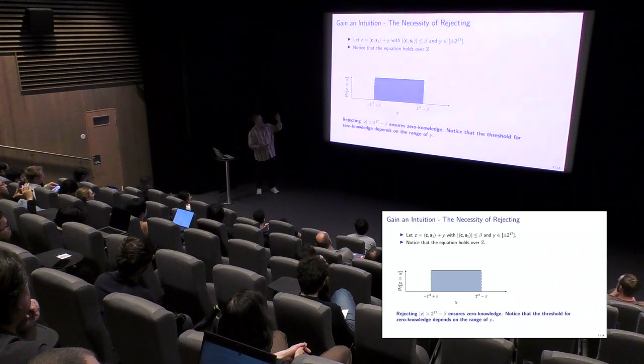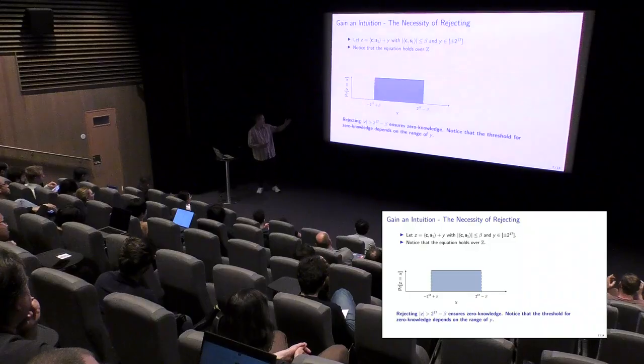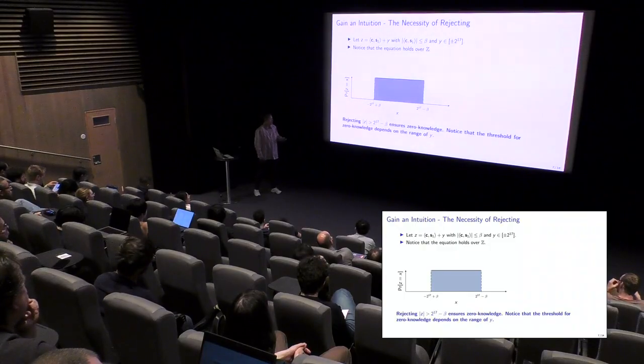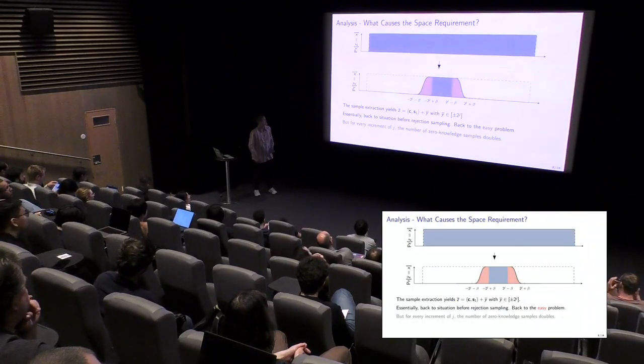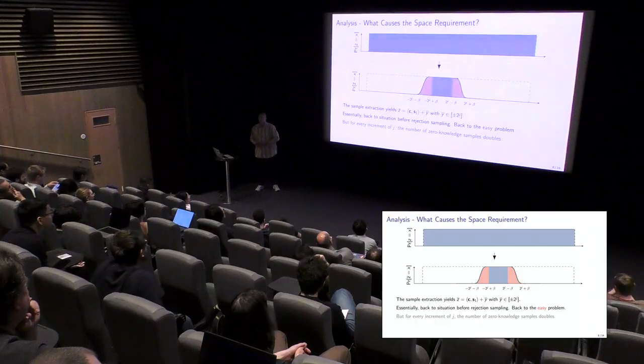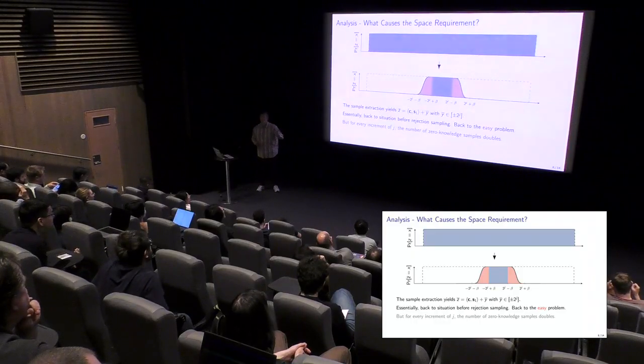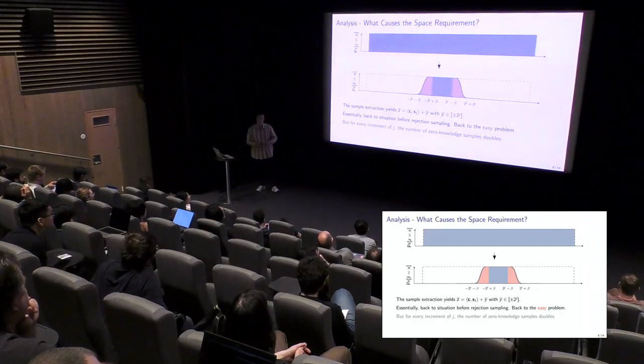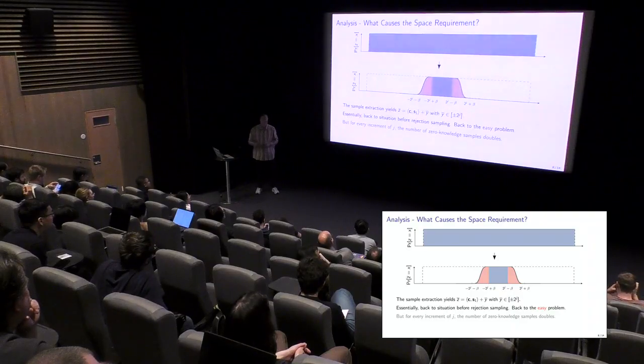So assume we are given a random value range 2 to the 10 instead of 2 to the 17, then of course everything above 2 to the 10 minus beta would have to be rejected. Now keep this in mind when we analyze the sample extraction. On top, you can see the distribution of the lithium signatures after rejection sampling. All of them are zero knowledge, but then the attacker is given one bit of the random value, and